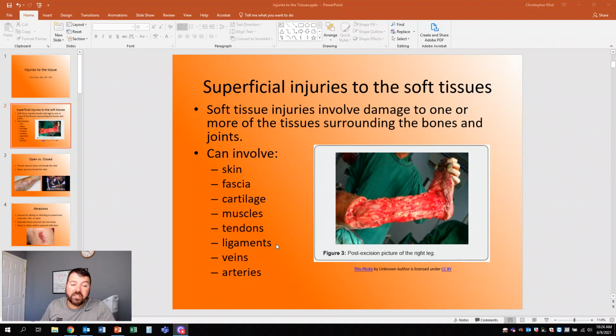Okay, and then veins and arteries. Usually, if there's an arterial injury, let's say they're punctured, and with that puncture you see the squirting. Okay, that is an arterial bleed. That is a life-threatening injury, for example. But let's say the artery is damaged underlying. Then you're going to have a lot of bruising and swelling. Same as veins, but arteries are going to be more so. Okay, so there's a lot of different structures that could be damaged that you have to keep in mind.